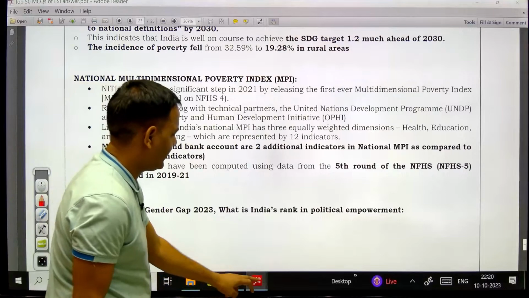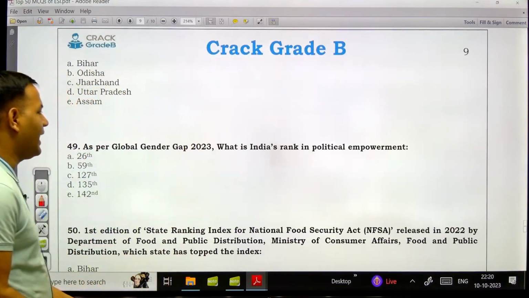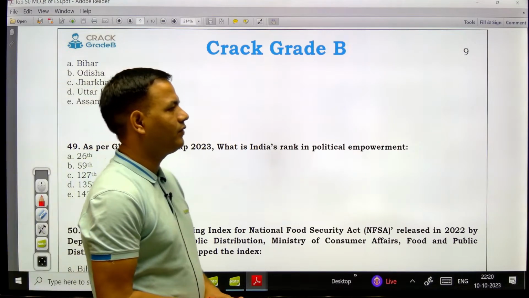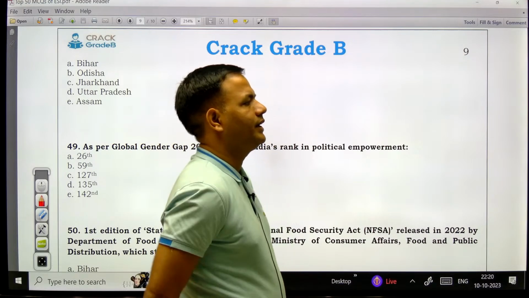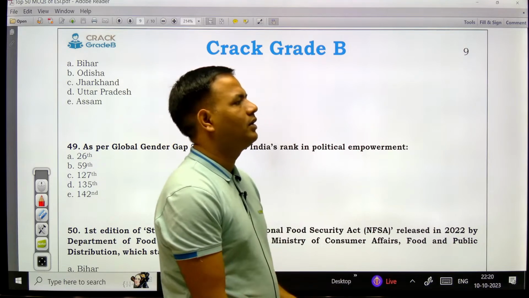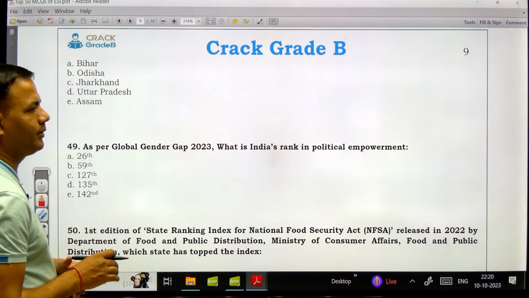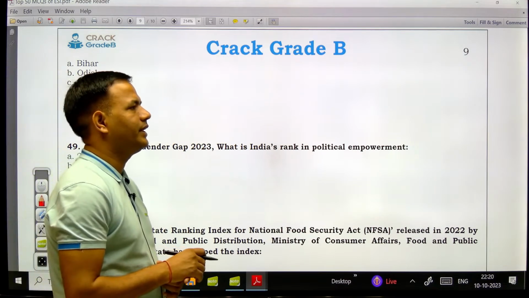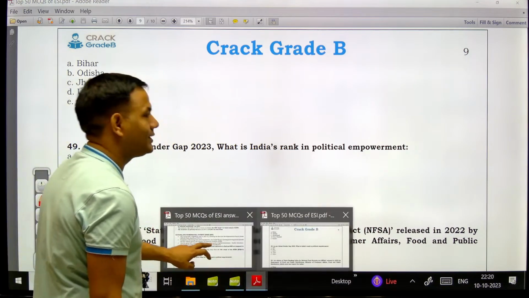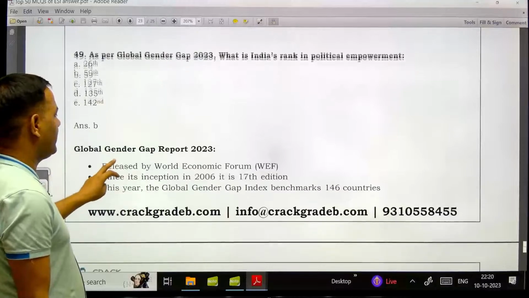As per the Global Gender Gap Report, what is India's rank in political empowerment? Yes, in percentage of total population, Bihar is the topper. But in total number of poor, then Uttar Pradesh. As per Global Gender Gap, India's rank in political empowerment,